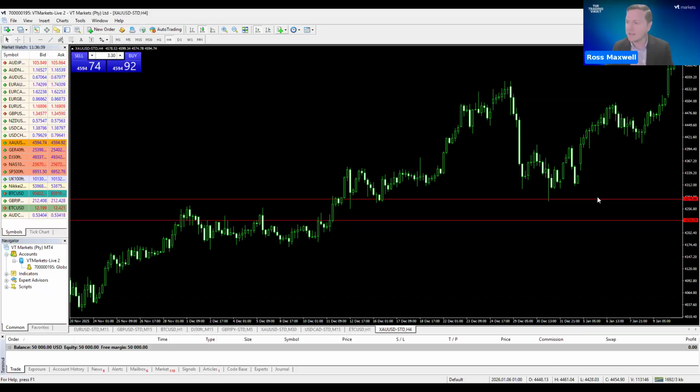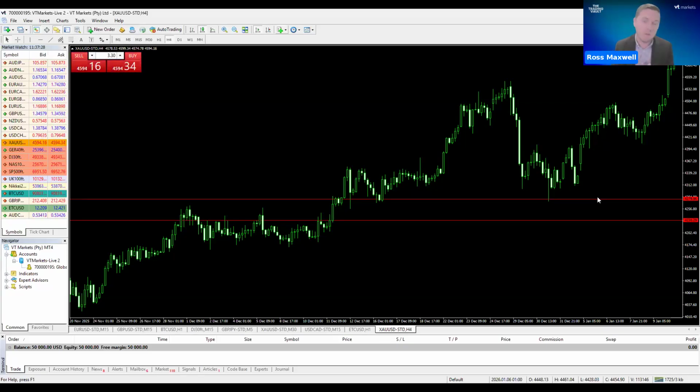Therefore, you want to stay on the long side as much as possible, or really, you have to stay on the long side until the market starts breaking those levels that we've just spoken about in a higher time frame, which will change the context, and then you can maybe switch to looking for some lower time frame shorts. But all the time those levels are intact, you need to stay on the bull side, because the higher context is with the bulls, and therefore your high probability trades will be on the buy side.